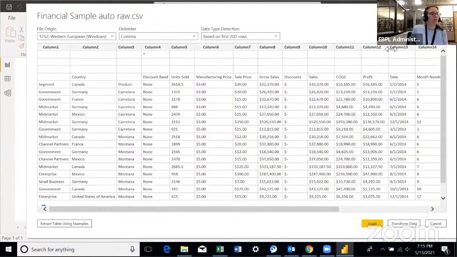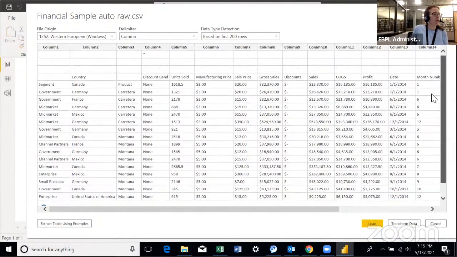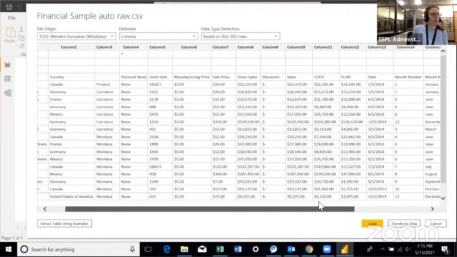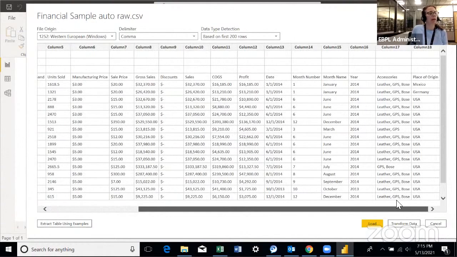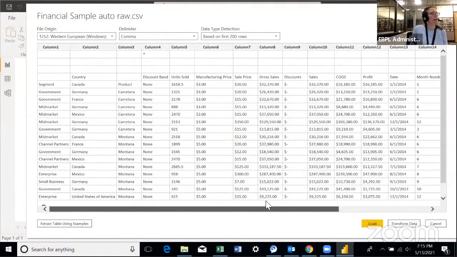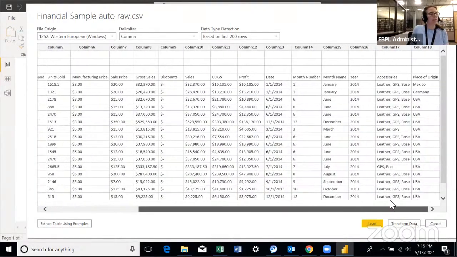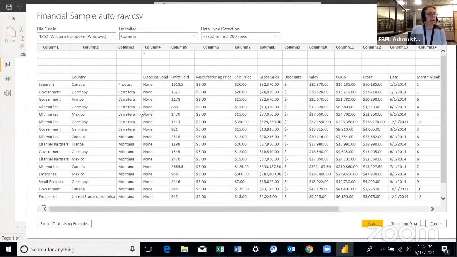And then you can do a quick view of the data. It's not going to show all the data, it's just going to show a preview, so you can see what it is and see what you are importing. So it seems this is maybe sales of cars in different countries and by year, by month. Okay, so we're going to choose